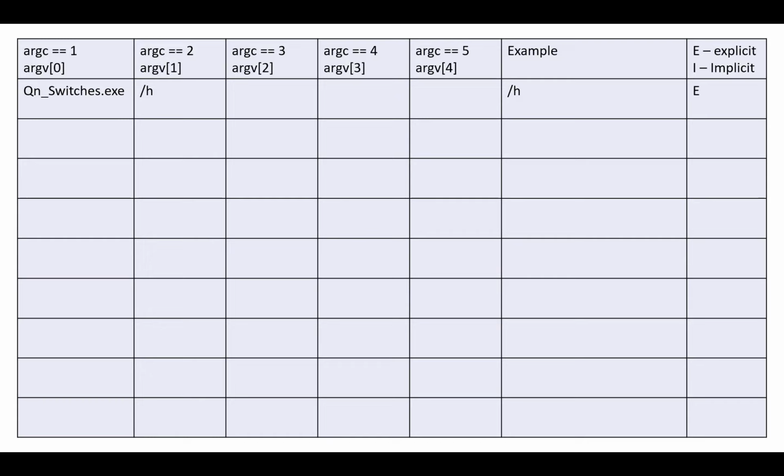Now, continuing on with this, as I mentioned, we may also have the possibility of a /? being supported. The example here is also pretty straightforward. It would just simply be the name of the executable followed by the /?, and we would argue that that would be another explicit call for help. Continuing on with this, we said that we want to support 2 tier 1 switches in addition to the help calls, and that is going to be either the left option